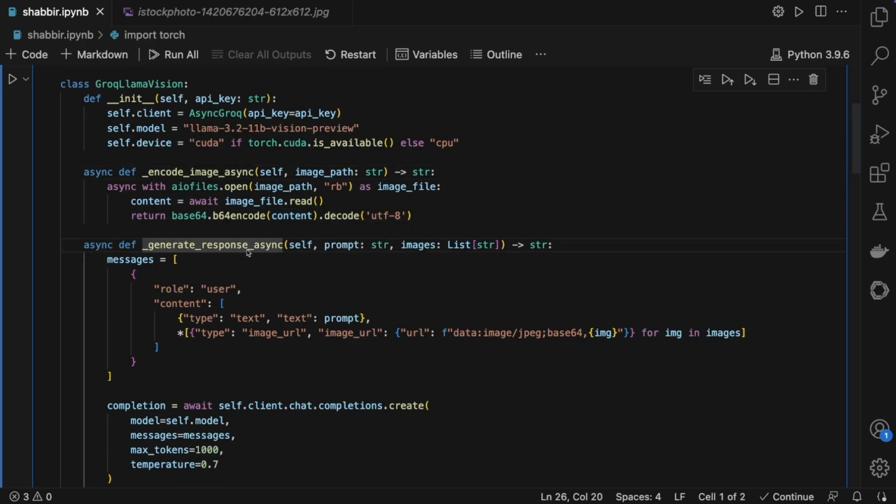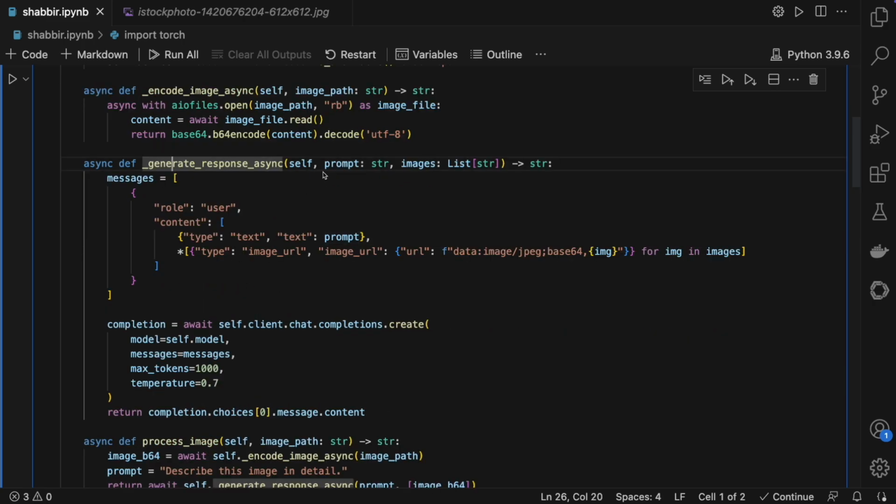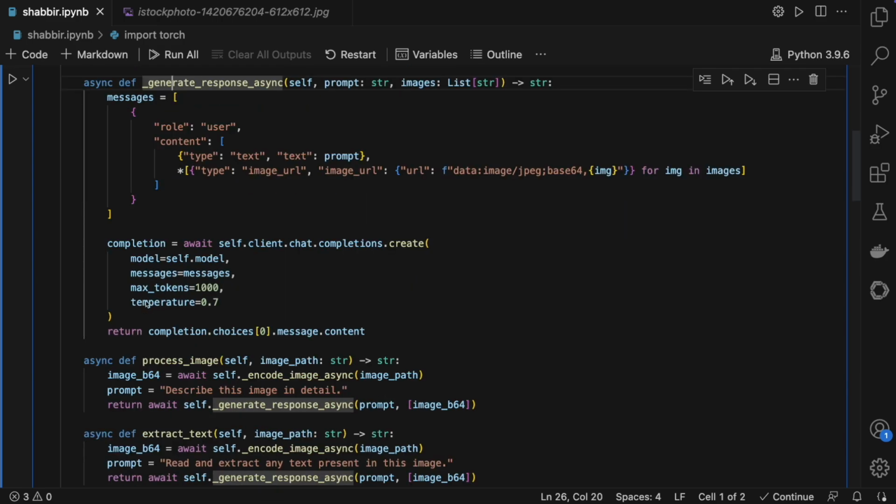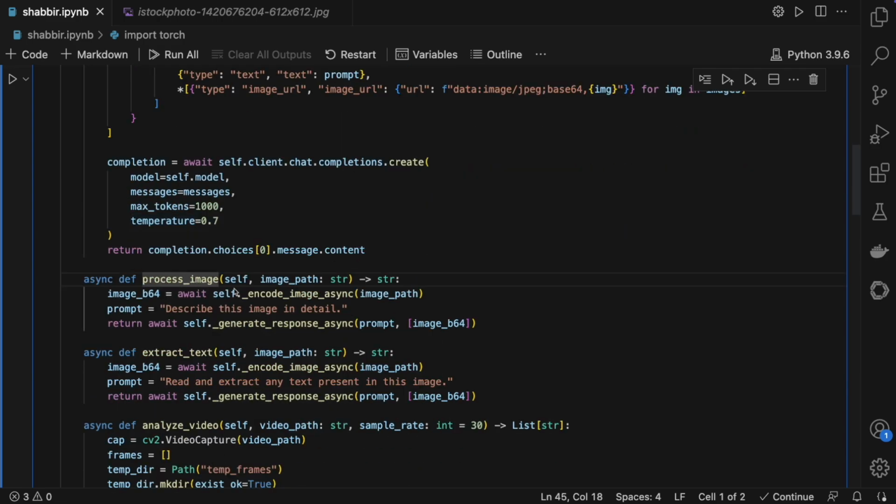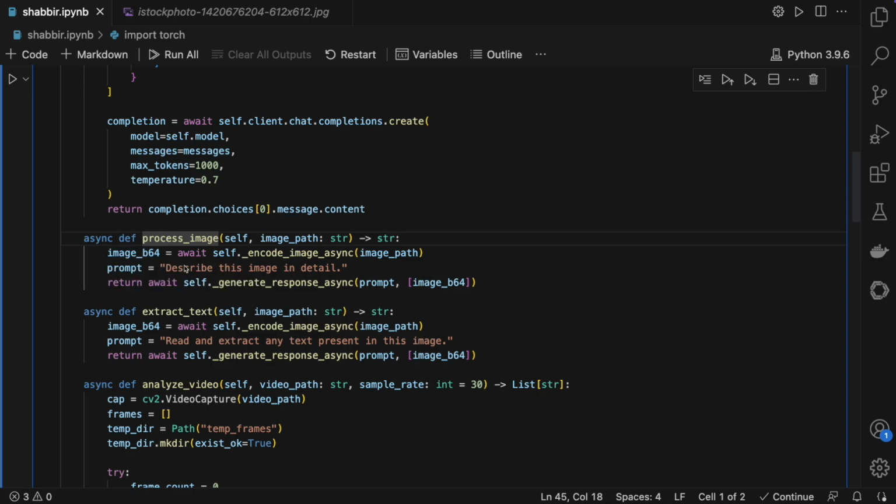Then there is the generate response async function, which takes two inputs, that is the image as well as the prompt, and it will give you the output. Then there is one more function called process image, which is a helper function that inside it calls the encode image function. So these are all helper functions used in the main code.